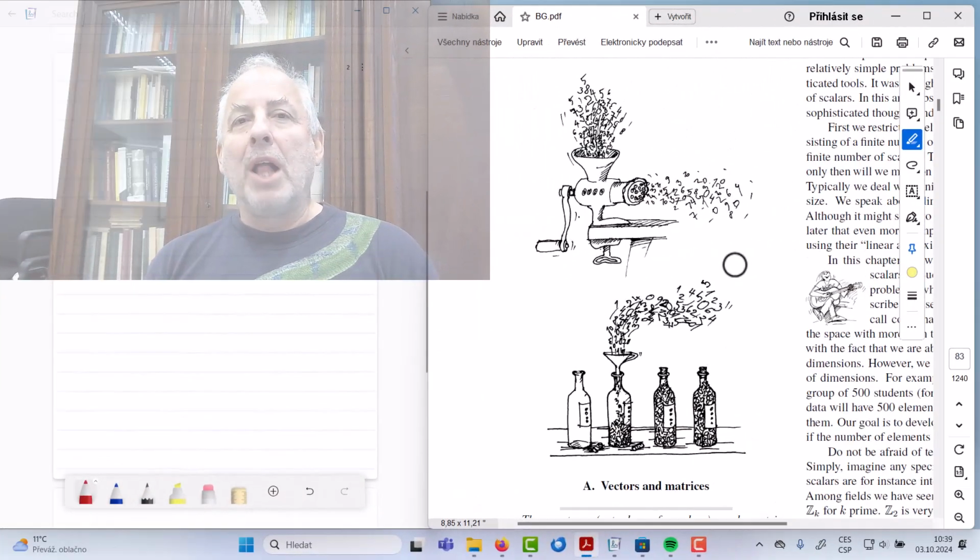Hello, today I would like to introduce some elements of matrix calculus. It's actually very easy and straightforward, so I hope after some thinking you will have the same opinion. Well, I'd like to start with this picture which introduces the second chapter, and that's actually something we are after,